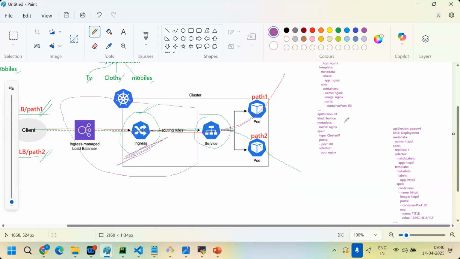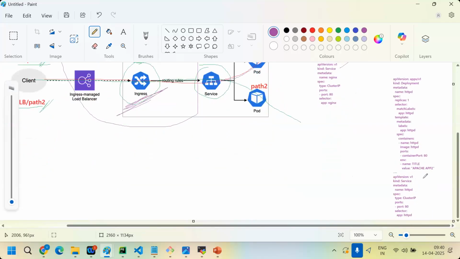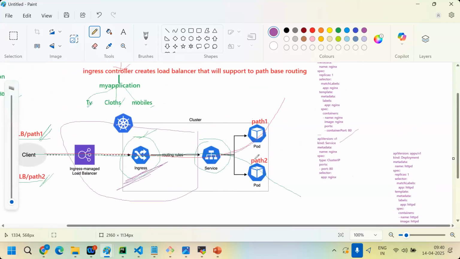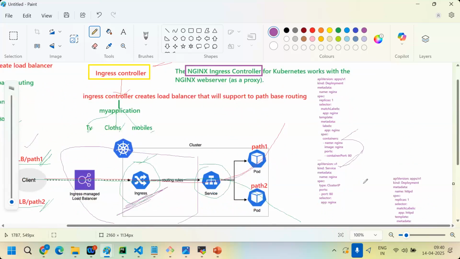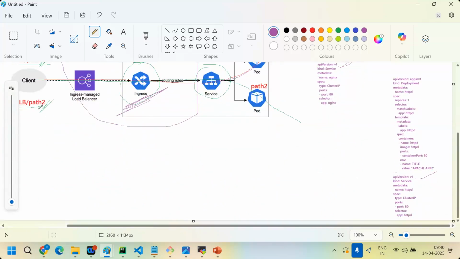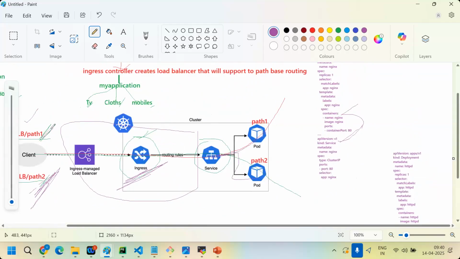The reason I created two services is one for each. Someone must indicate that when the customer accesses path1, the request should be redirected to the path1 application, and if the customer accesses path2, it should go to path2. Depending on what the user accesses, the request should go directly to path1, not path2, and vice versa.